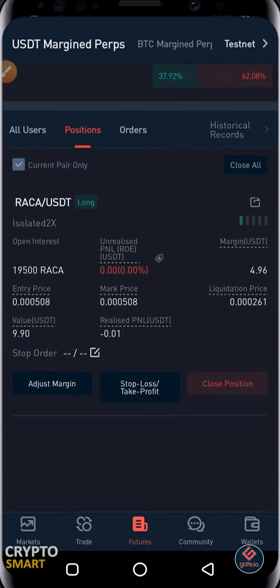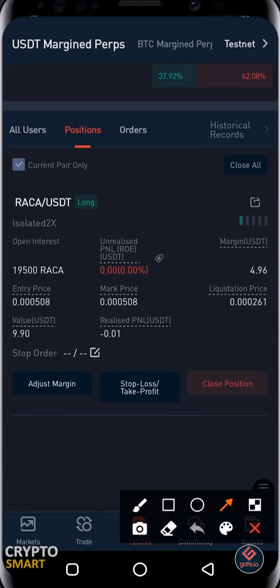So let us look at what is happening here. This is so sweet and interesting. Now, look at the position that I'm holding because I'm using x2. That is almost $10. But what I entered the trade with is $5. That is, my margin is $5. So the time I will eventually get to liquidation, or the time I will be liquidated, or the time I will eventually lose all my money, is if the price of this Raca moves from the price it is now,